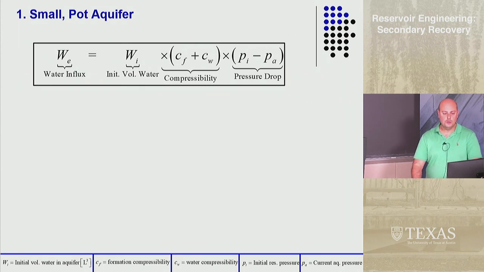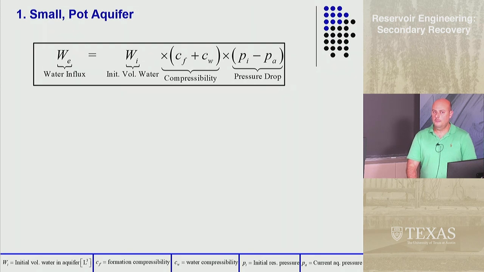Okay, so what does this mean? The first thing I notice is that this is the cumulative amount, meaning that if I waited for an infinite amount of time, theoretically, this would be the amount of water produced. That number is less than WI. So every drop of water in the aquifer does not come into the reservoir,